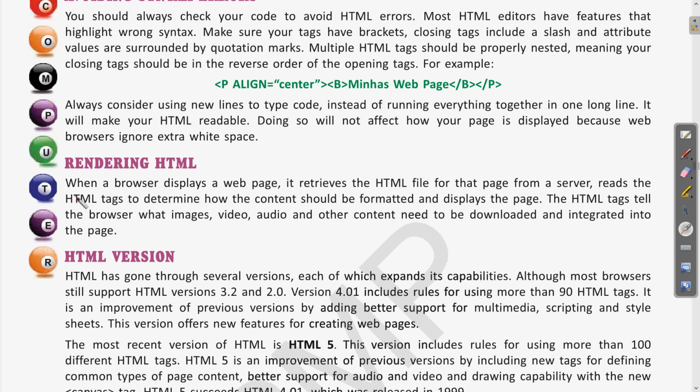Let us read this. When a browser displays a web page, it retrieves the HTML file for the page from a server, reads the HTML tags to determine how the content should be formatted, and displays the page.